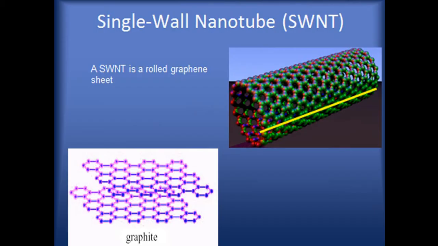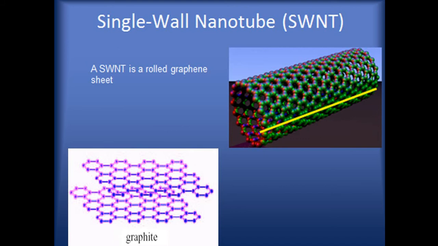Then these are the single wall carbon nanotubes. As we know, there are two types of carbon nanotube: one is the single wall carbon nanotube and another is the multi wall carbon nanotube. Single wall means there is a single tube only. Multi wall means there are a large number of tubes, with tubes forming inside tubes, and these are called multi wall carbon nanotubes.